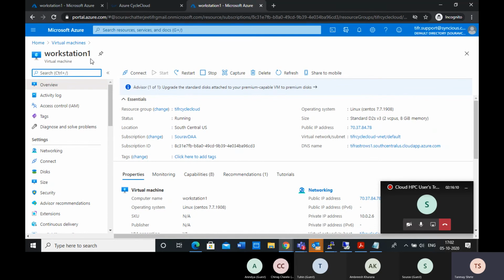So before you start work on this graphical user interface machine or desktop environment, you should start it by clicking the start option. And once you are done, please make sure that you click the stop button. There is one more option: by the end of the day, say at 6 p.m. or 7 p.m., the machine can automatically be stopped. That configuration can be done, and you will get an email before the machine is stopped.